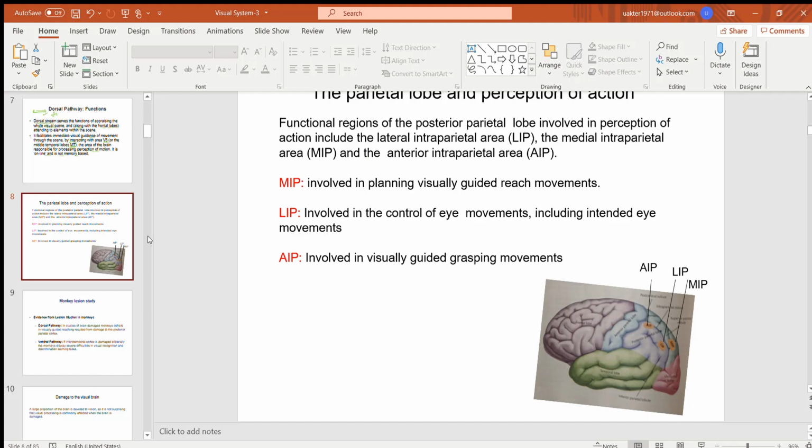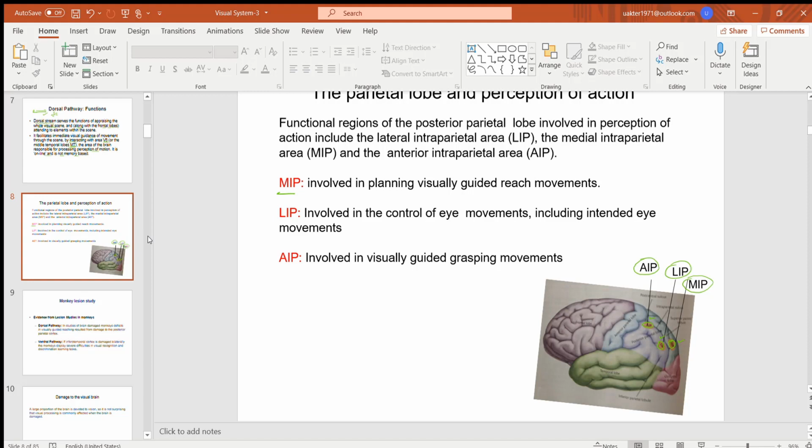Here in this picture you can see a few areas. These areas I have already mentioned, the dorsal stream or higher areas. Here you see three different areas: AIP, LIP and MIP, and these three areas have three different types of functions. That means the neurons are sensitive to and involved in three different types of functions. MIP,